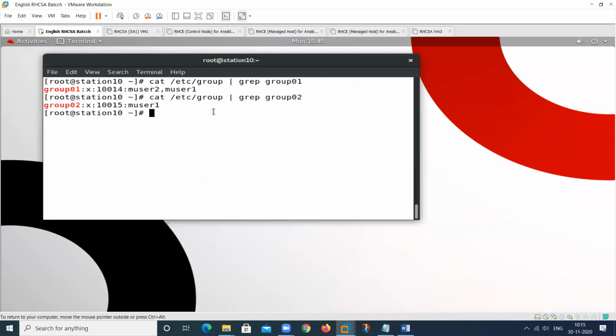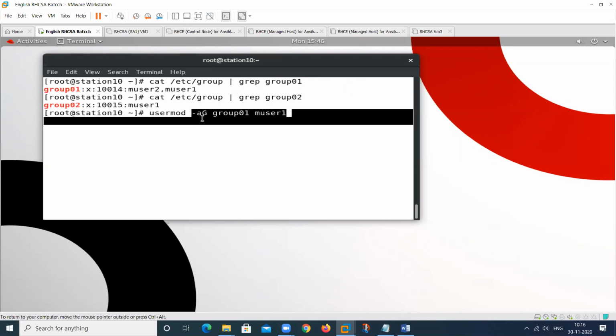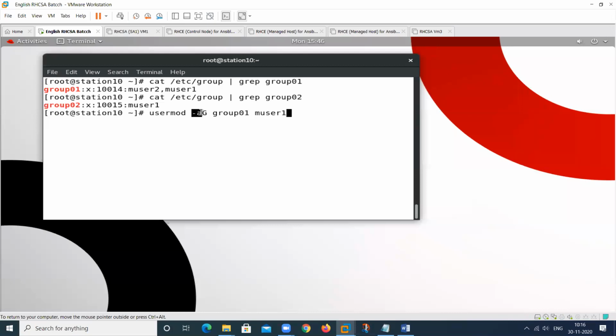Now you can check: this is my user, muser1, also part of this group, and now it is also part of this group. So by using this command, we can add one user to more than one group. The aim is that it does not overwrite; it performs the appending function, so the user is not removed from this group, and is also appended to this group.